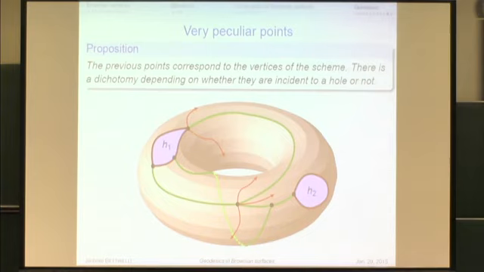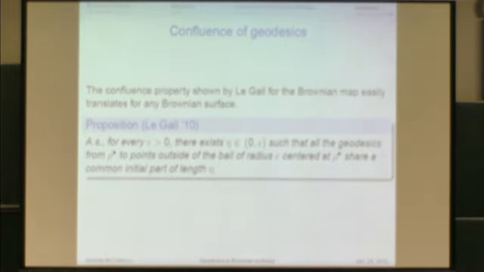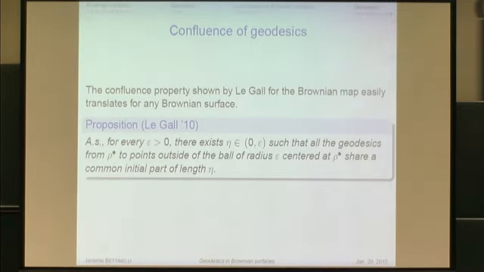And on the boundary, for example, this one, you only have twice, 2, and you have these 2 geodesics like this. Okay, so let me just finish by mentioning the reason why I draw the picture like this. It is the famous property of confluence of geodesics that Jean-François Le Gall observed in the Brownian map. Well, it says that